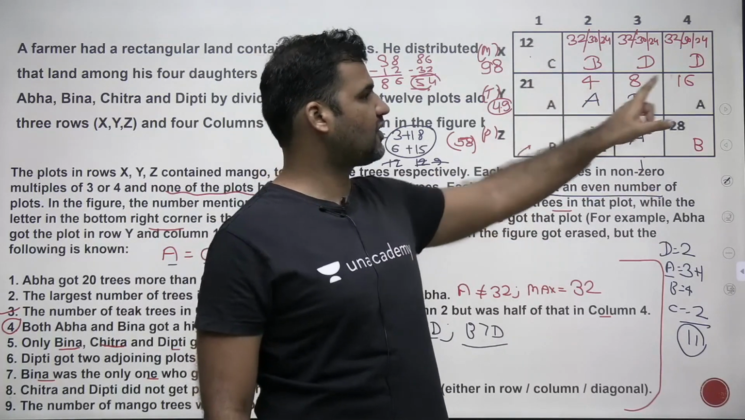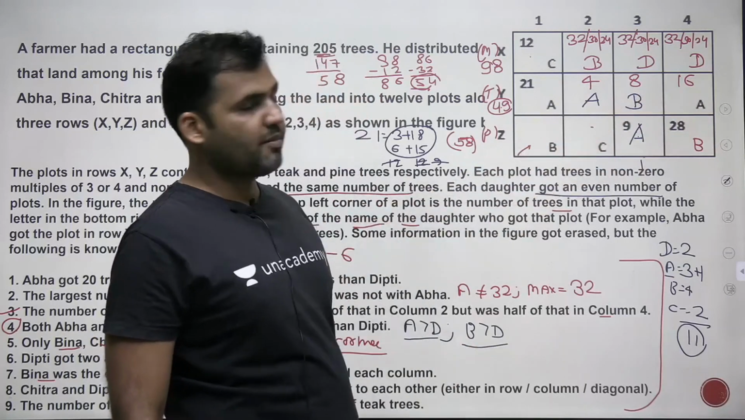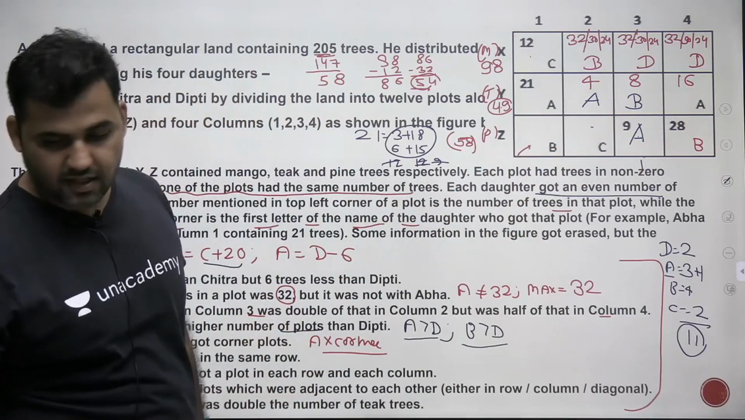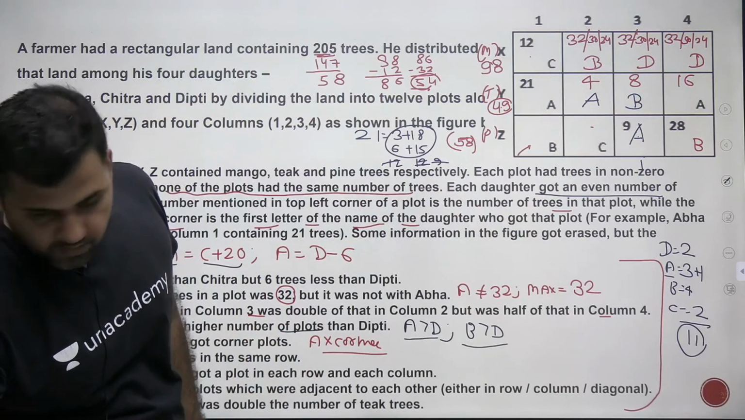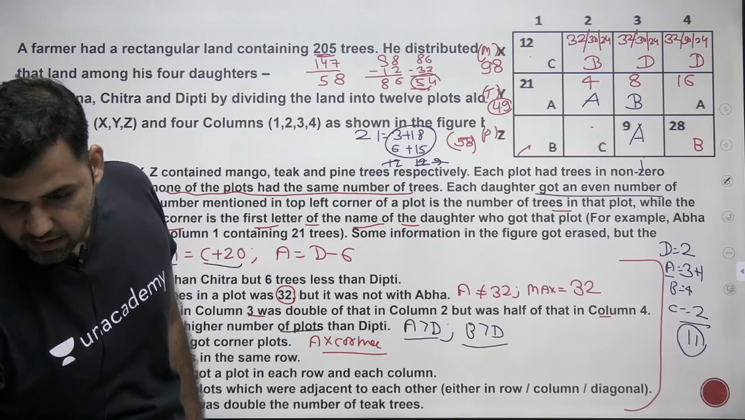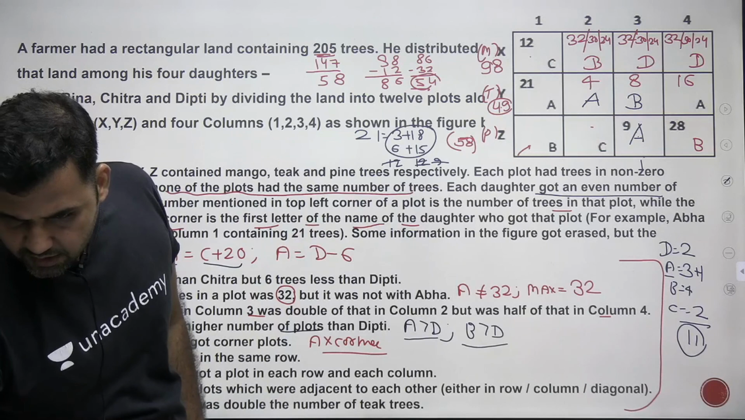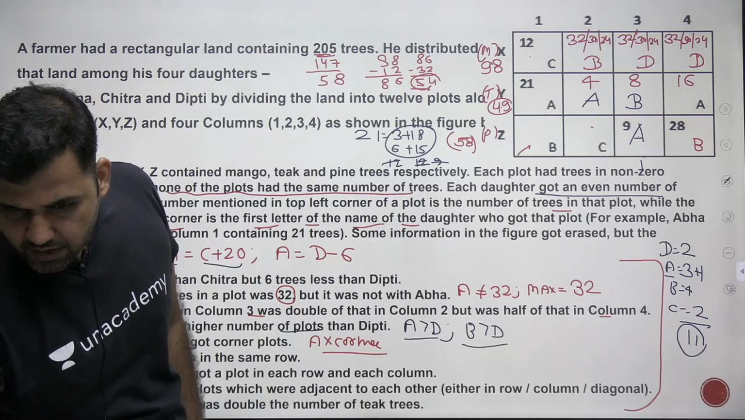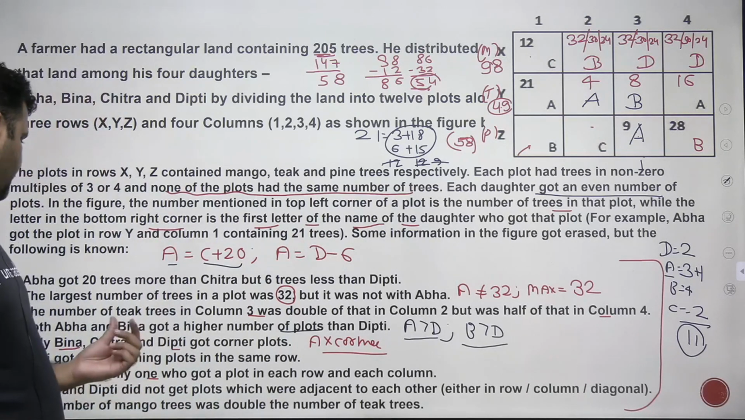So at this point of time, Abha has only 3 plots. So we need to make it 4. Therefore, this plot will be given to Abha, right? Now let's use the next information here. Now we are left with this information only,